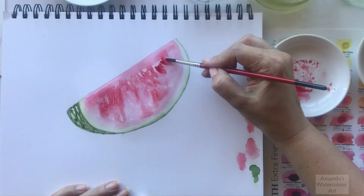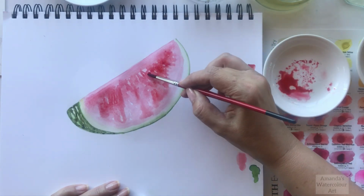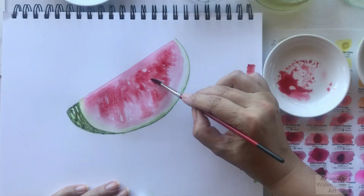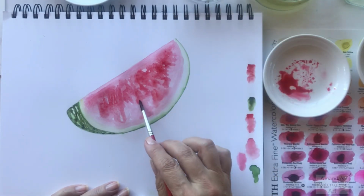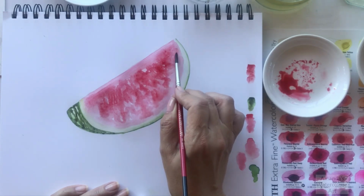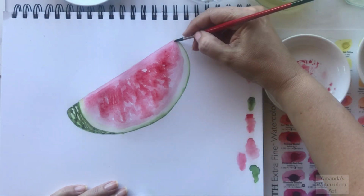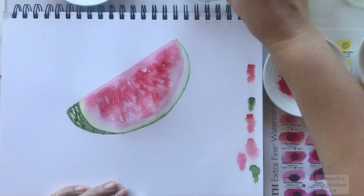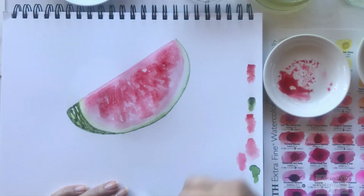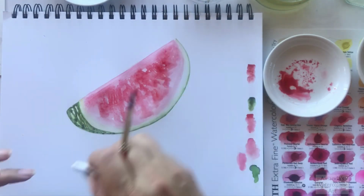And again, darker on this section. So it's a lot more color on my brush now, much thicker consistency. I haven't watered it down too much, and I'm now using only the water to smooth out and soften those little sections here. And now I'm going to use my brush just to soften those little hard lines that formed on those parts there. And I don't mind if some of the pink flows in there,